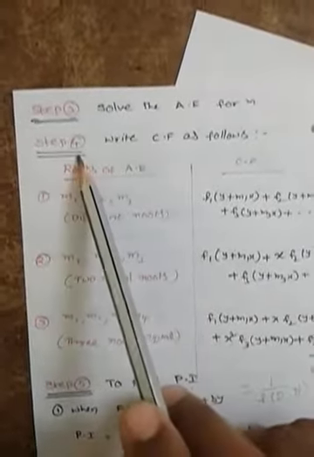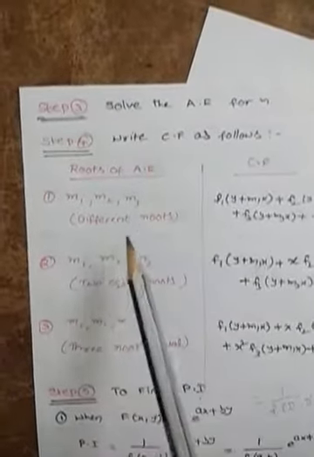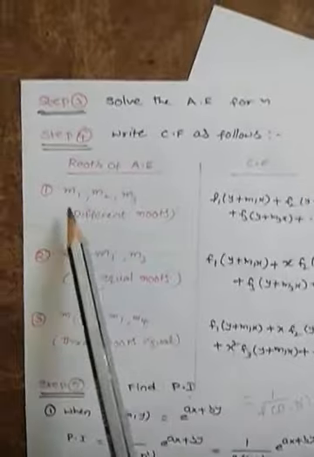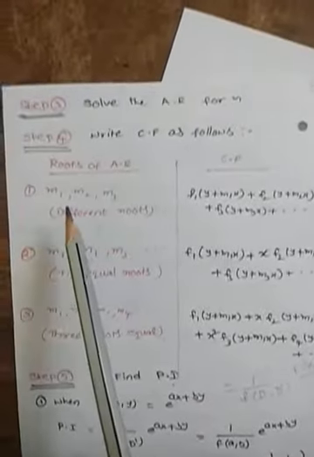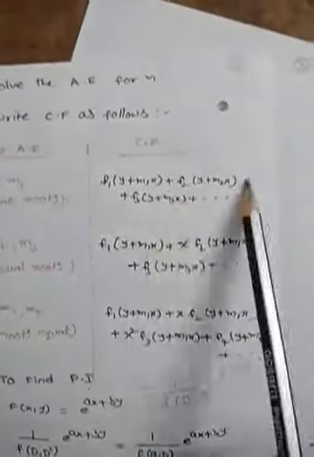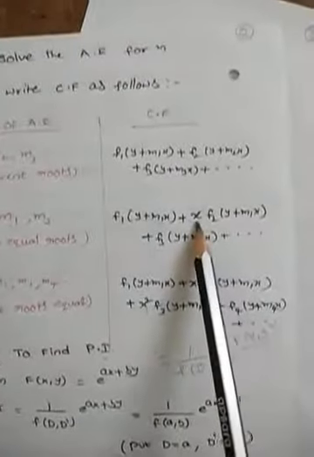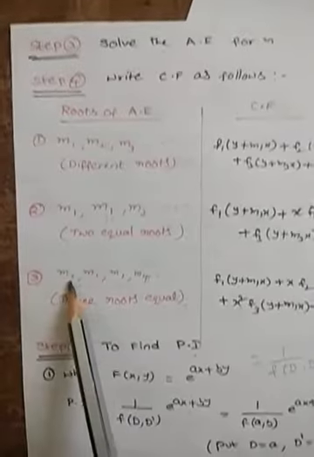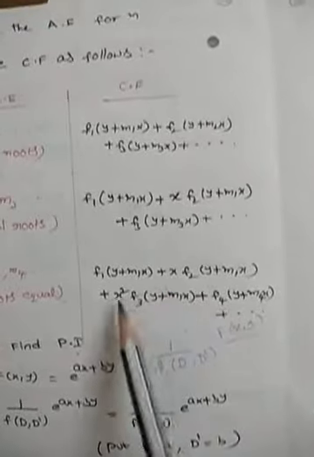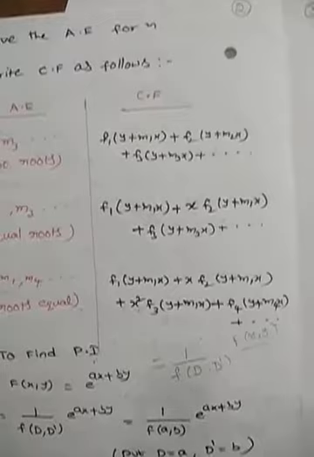In the next step, that is step 4, we have to write the complementary function, which is one of the solutions for the partial DE. So here we will see a small table to write the complementary function. Suppose all 3 roots are distinct, then we have to write the CF as shown. Suppose 2 roots are equal, then we have to take x in the second term. Suppose 3 roots are equal, then we have to follow like this, x square. So that means we have to increase the x power.